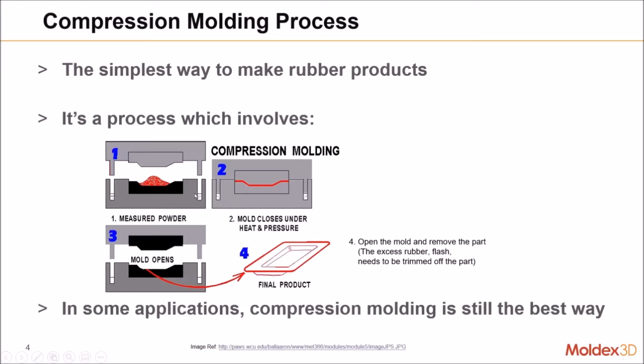Initially the material is placed over here. Then the mold is closed and kept closed. When the mold is opened, we can see our part come out. This is very simple, but there are many things we need to consider for compression molding, not just this. Initially we have to find the suitable material.